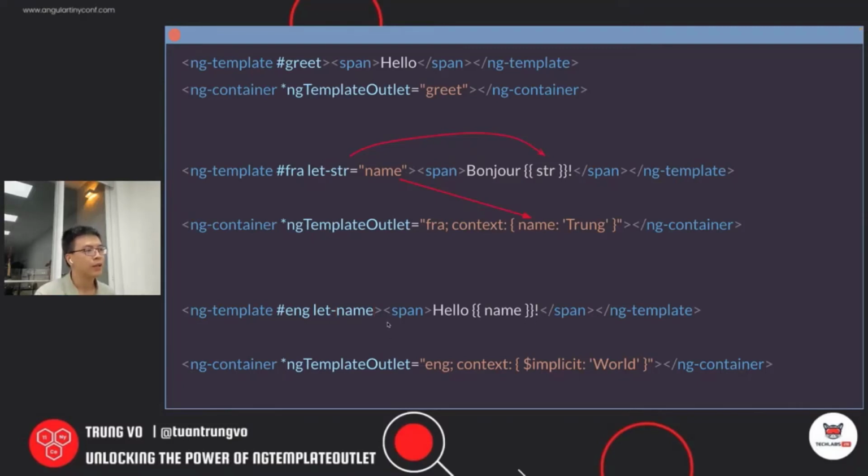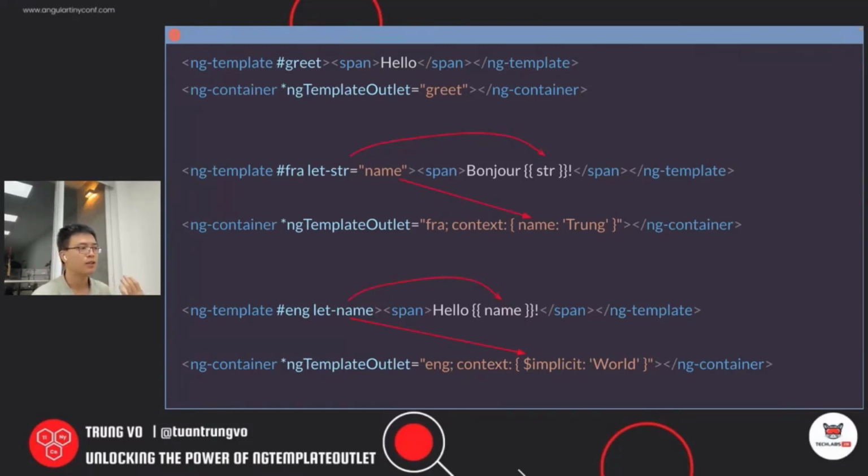So when you use it, again, you can still use the name inside the same ngTemplate. But when we pass the data, you need to say it's implicit, right? Because we don't really give it a name, so it needs to be something special that Angular understands, and this is implicit. So hope you get a certain idea, but basically you can define a template